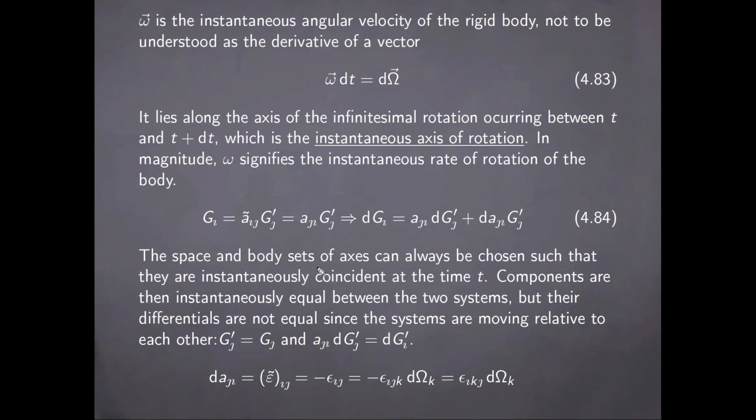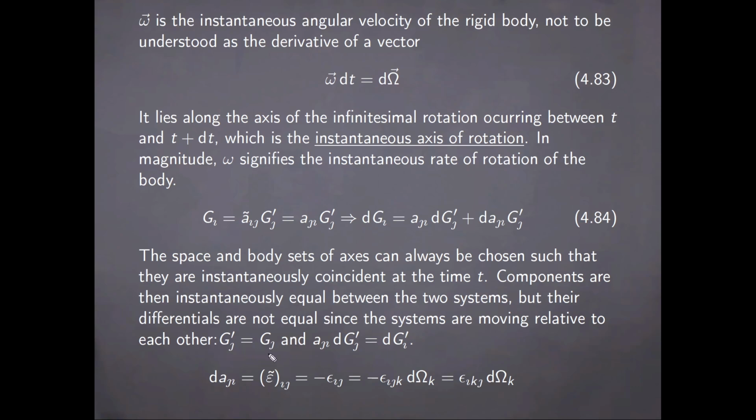The space and body sets of axes can always be chosen such that they are instantaneously coincident at a time t. Components are then instantaneously equal between the two systems, but their differentials are not equal since the systems are moving relative to each other. So the components are equal in these circumstances, but differentials are ultimately connected by this formula, which you can see from here,